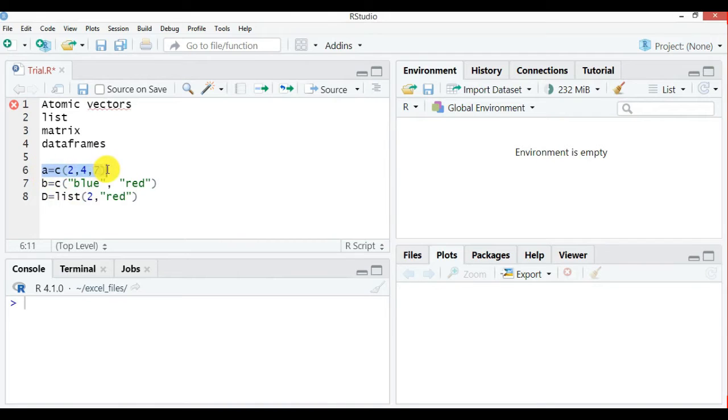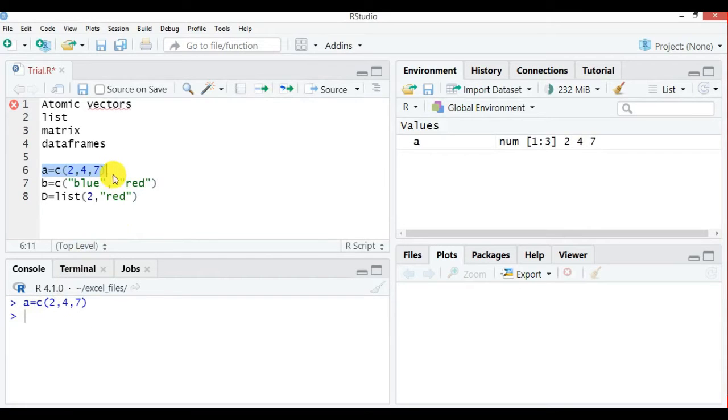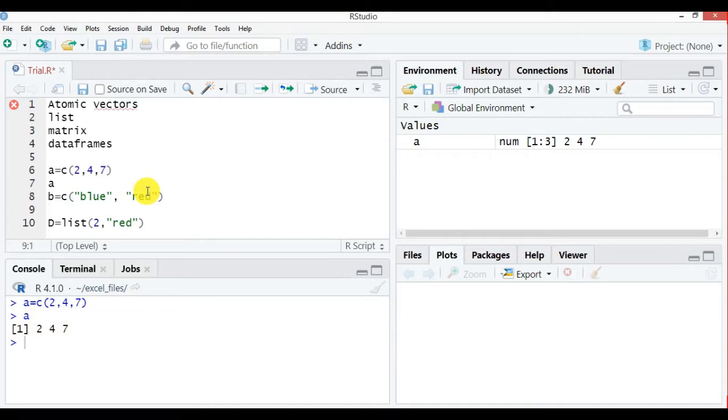Now I'll show you one difference. Here, A I have stored as a vector. When I run this code and in the next line I call this vector and execute that, I am getting all these three answers in a row. Now one more thing, let's say I make a vector B equal to, instead of list, 2 comma in quotes red. How does it understand? I have used the keyword c here, that means it is reading it as an atomic vector.